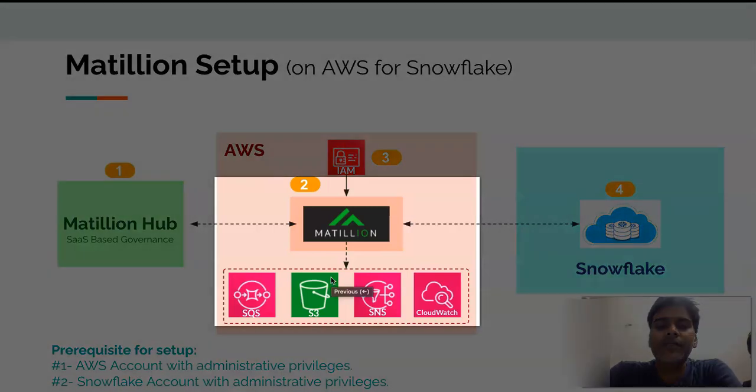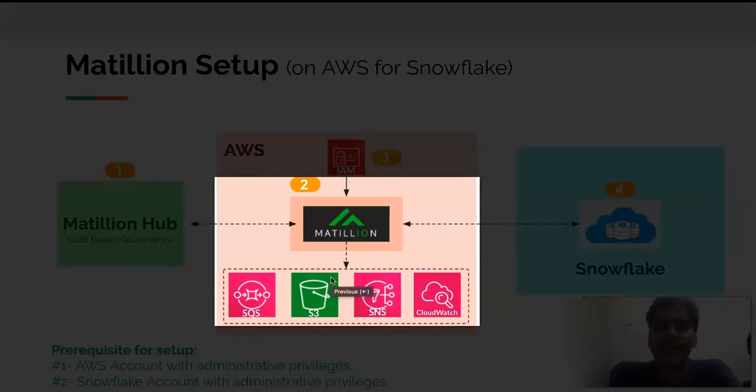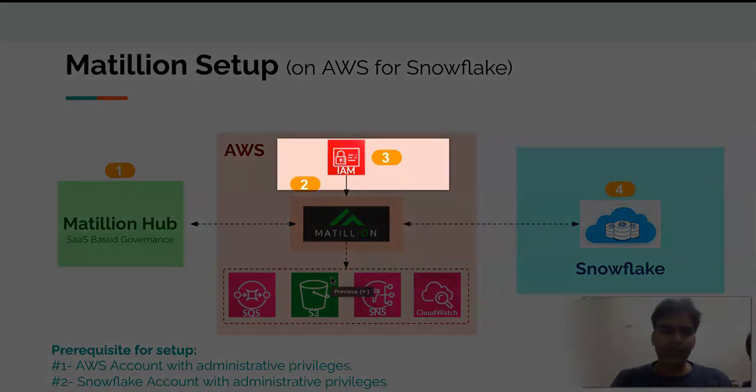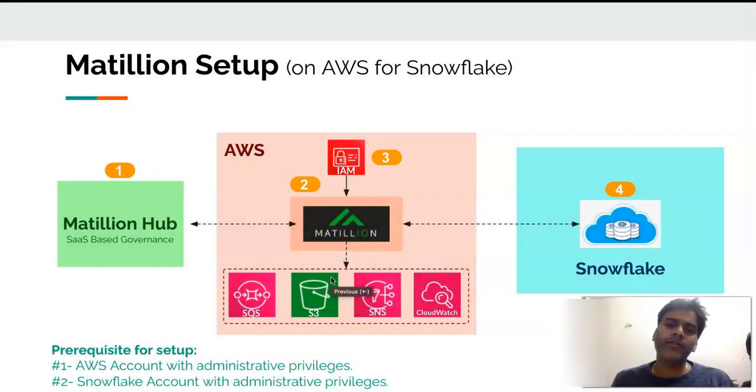Second, you would need one AWS account with administrative privilege so that you can set up the Matillion server and all required privileges. In AWS, we would need one IAM role or one IAM user with required privileges that could be used by Matillion. There are 2 ways. One, you set up an IAM role and associate it with the Matillion instance. In that case, all the users on the Matillion application will be able to use the instance credential instead of custom credentials.